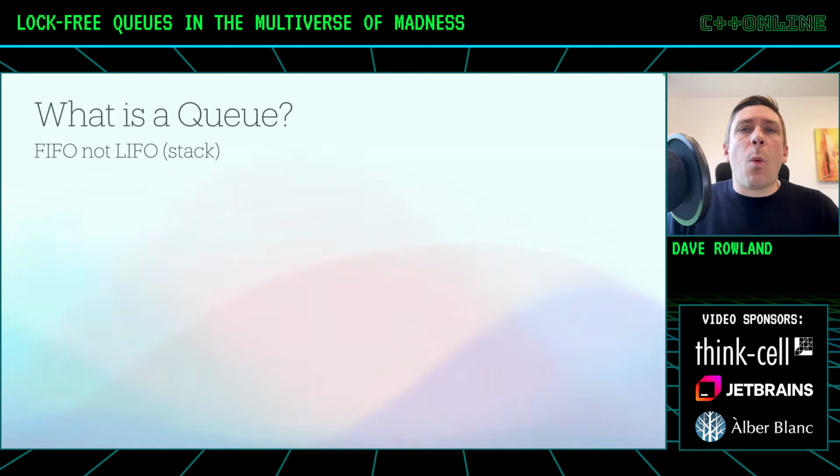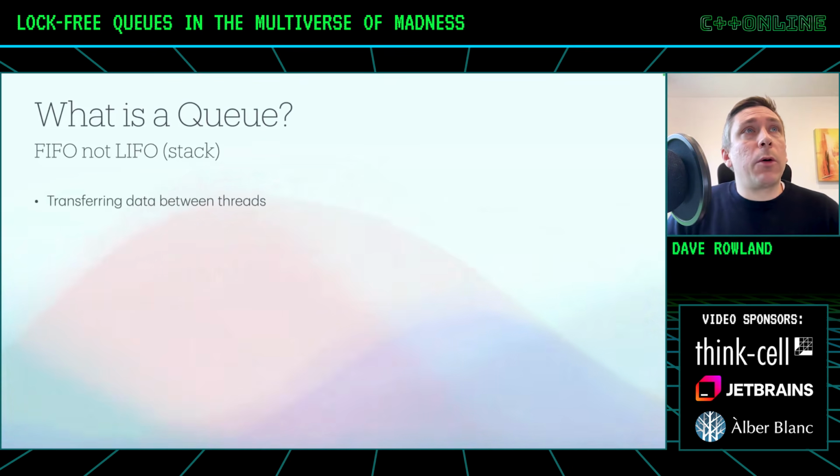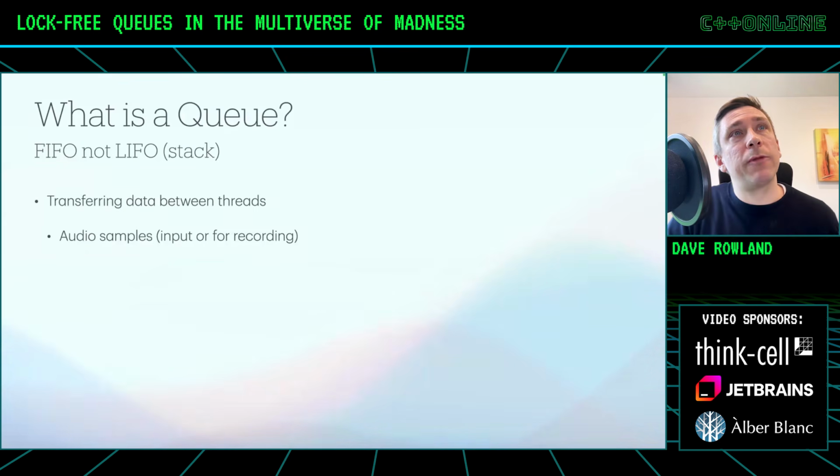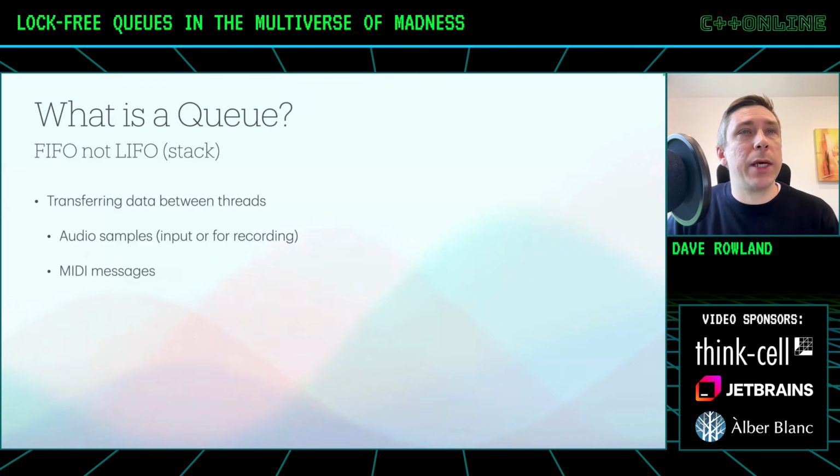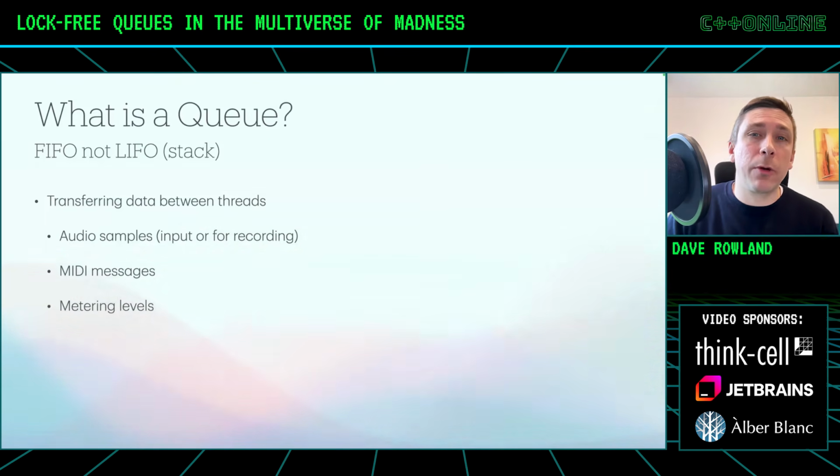So what are they used for? Well, certainly thread-safe queues are used for transferring data between threads. And in the audio industry where I come from, they're used a lot for receiving input from your audio interface. You might be recording those to disk. You might be processing them to put back out to your speakers. MIDI messages or note events come in on their own thread, and you need to put them into your audio graph playback. Metering levels that are calculated and then shown to the users